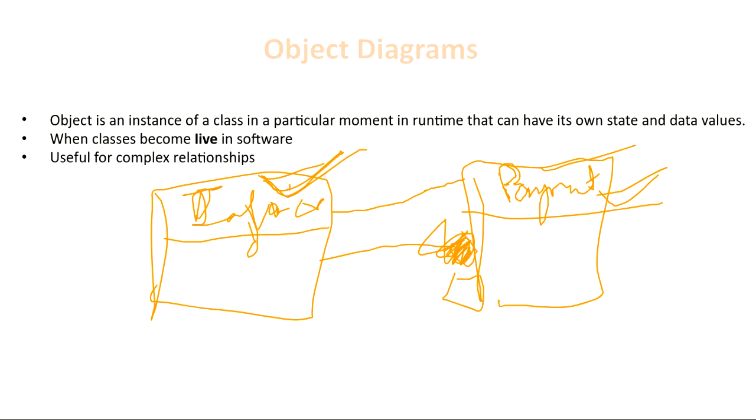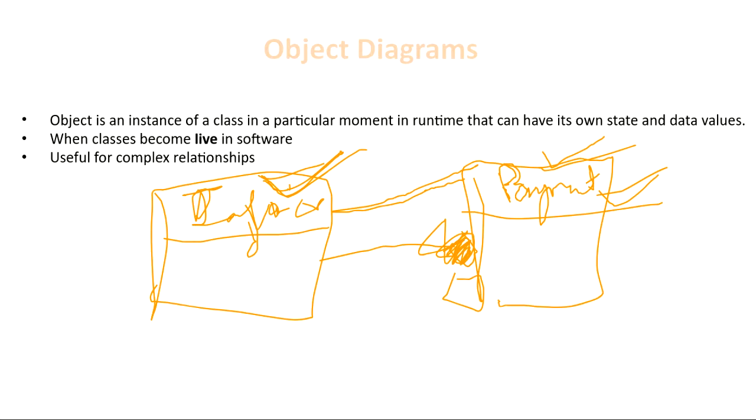But if you think logically, are any of these three relationships meaningful in this case? Can you predefine a relationship between invoice and payment? Until the payment has happened in the system, until the payment is executed in the system, is there any relationship between payment and invoice? Think in this way. Till the time the payment has not been made, it doesn't make any logical sense to create any kind of relationship between invoice and payment, right? So this is a complex relationship which a class diagram cannot show.